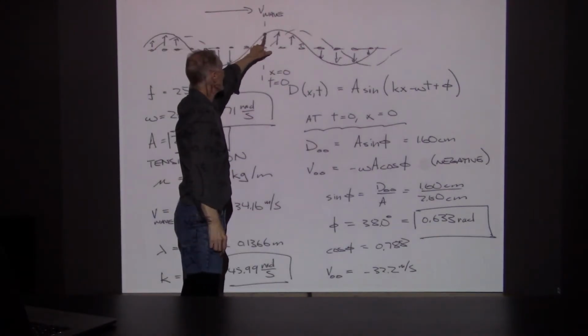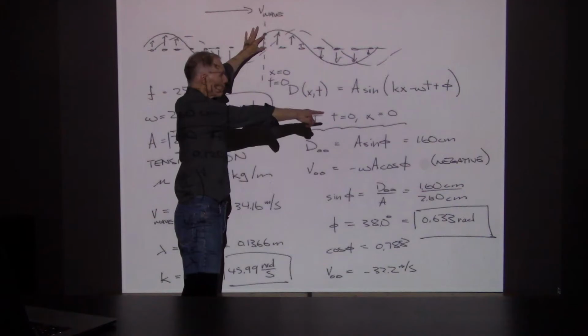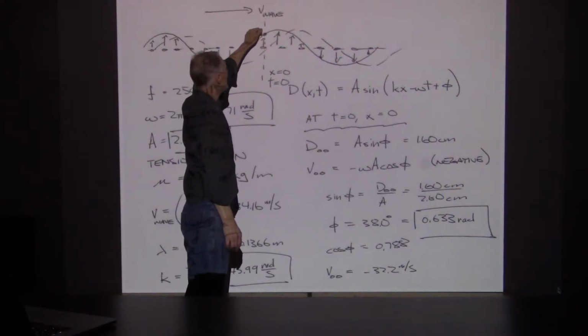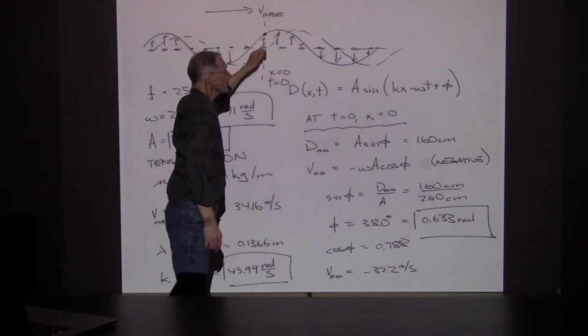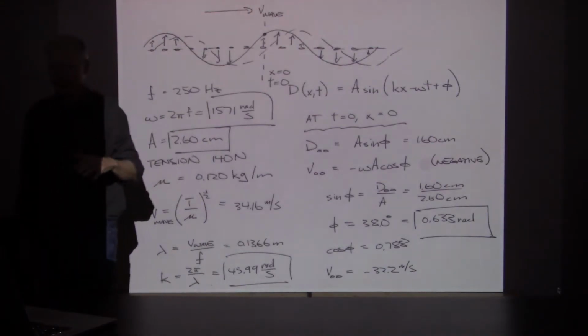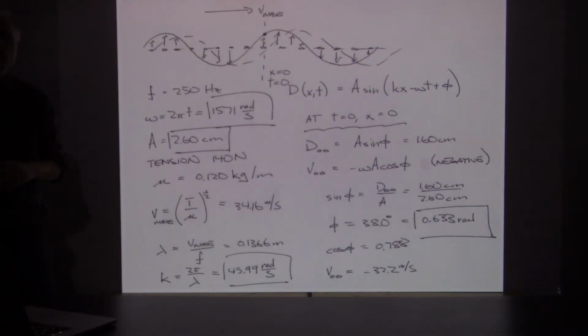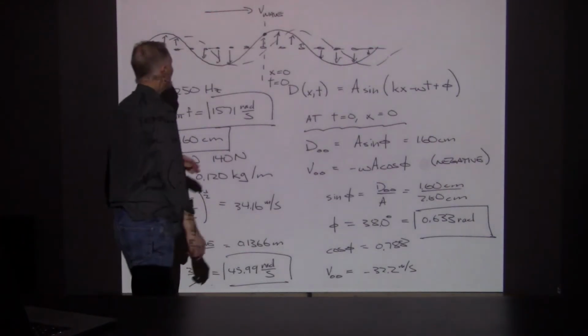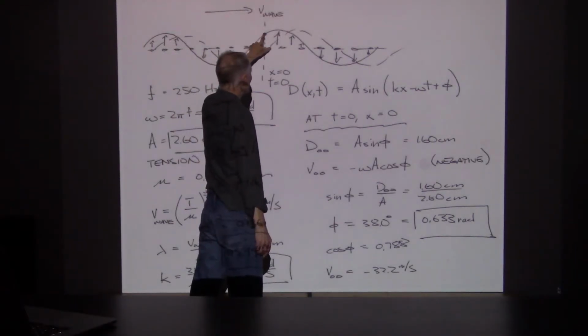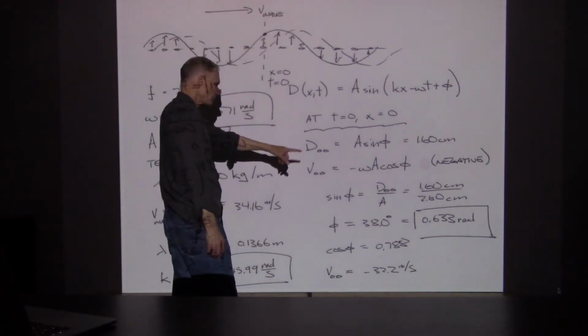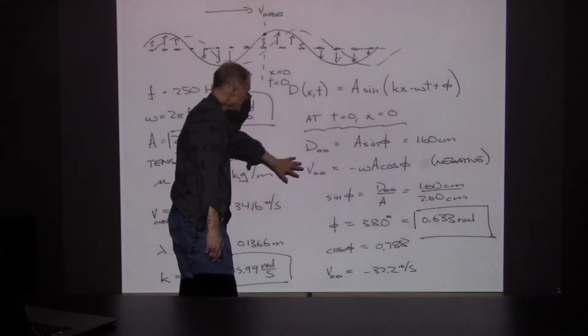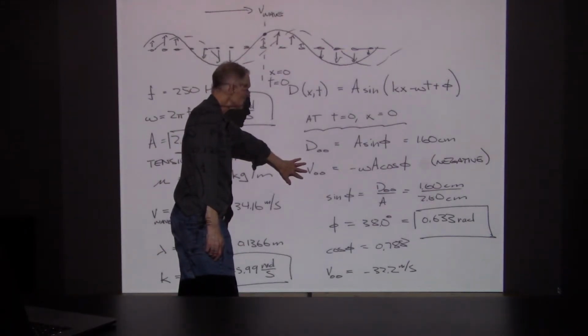And I picked right there. See how that's positive displacement, 1.60 centimeters, but they told us that this part is falling back down towards the equilibrium position. And so I went with this point here. Now, the way we can check and see if we've got the right solution is to look at v(0,